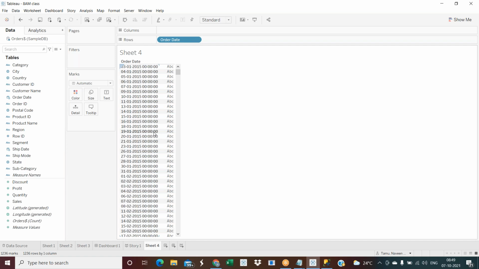So sometimes in data sources we have a date, sometimes we have a date and time. So there is no problem at all. Based on your analysis, if you want to work on the date and time as well, you can use date and time, or else you can split it into year and use only the date. I'll tell you how to split as well.